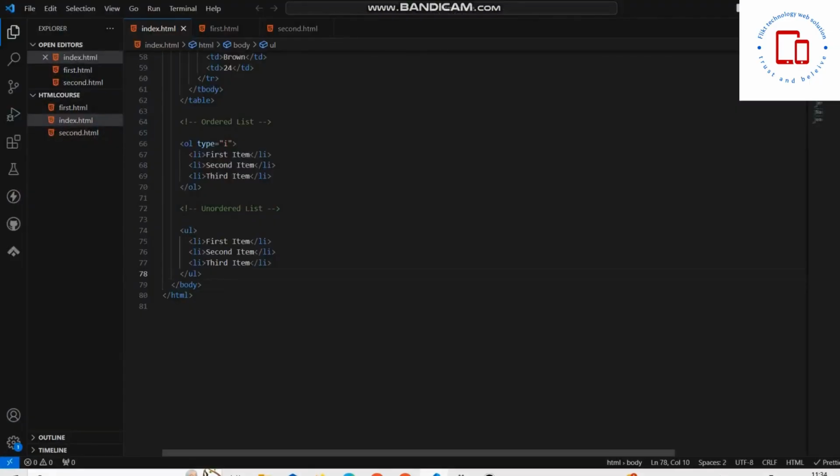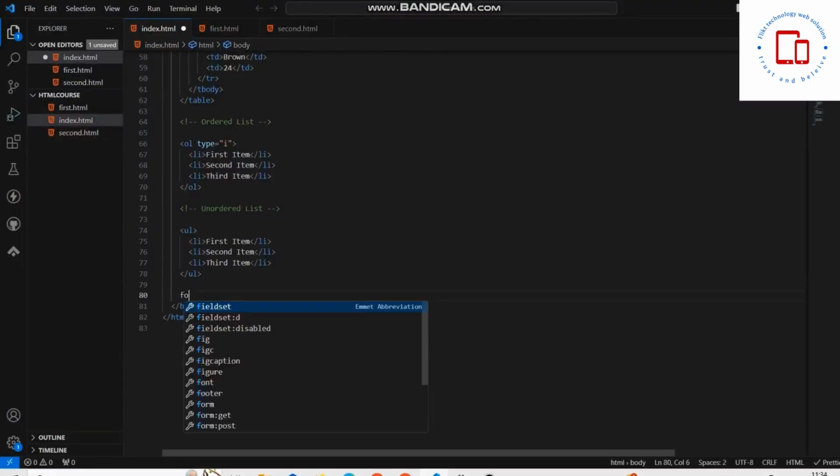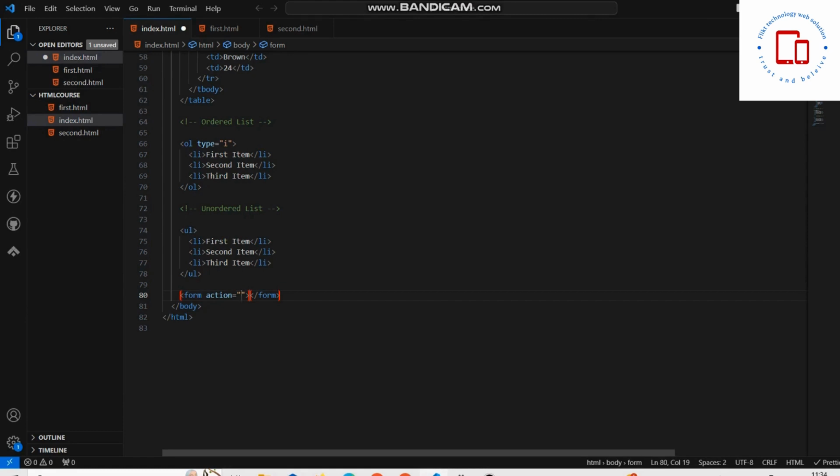To create a form, we want to use a form tag, and we want to give an action, where it should go when I click on submit. So I'm going to create a submit form. And in the form, we want to put a label in the for. Now I'm going to create a username. So I'm going to give a username in the for,